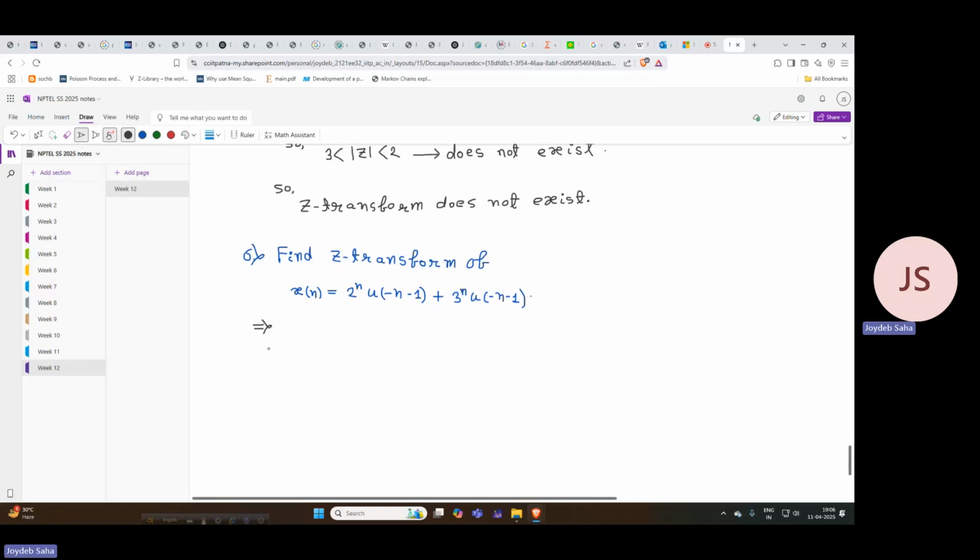So find the Z transform of x[n] is equal to 2 to the power n u[-n-1] plus 3 to the power n u[-n-1]. Fine. And both are LSS, left-sided signals. So can we write X(z) is equal to